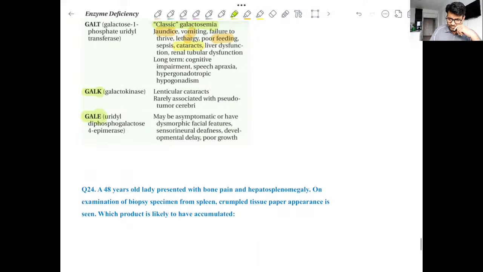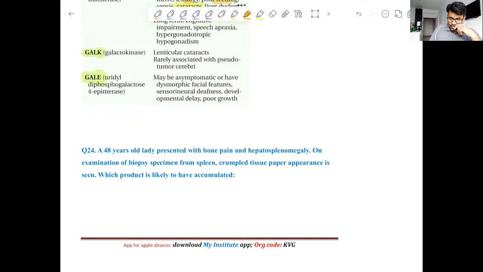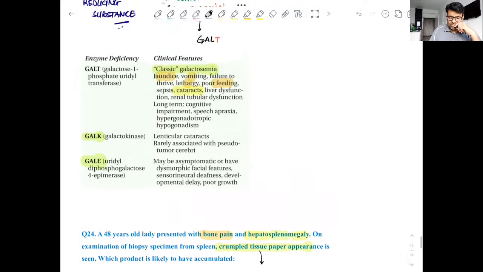Very good. Moving forward, a lady presented with bone pain and enlargement of liver and kidney. So there is enlargement of liver and kidney, and when the specimen was taken from spleen, we saw crumpled tissue paper appearance. Now I think the moment you have this particular word, crumpled,